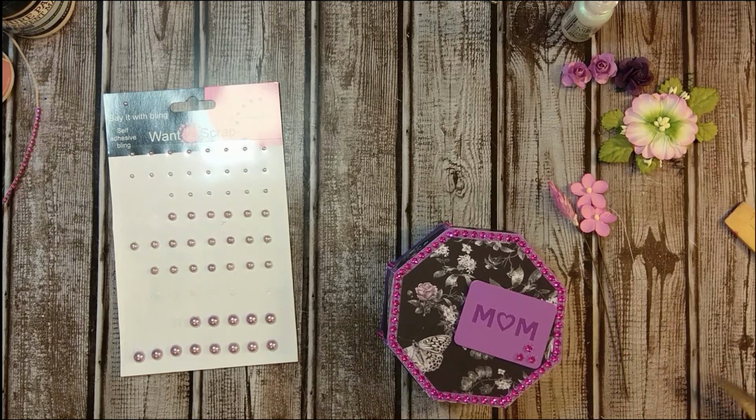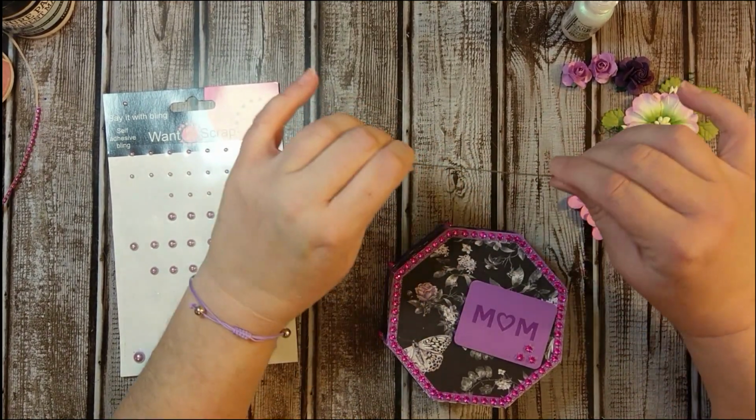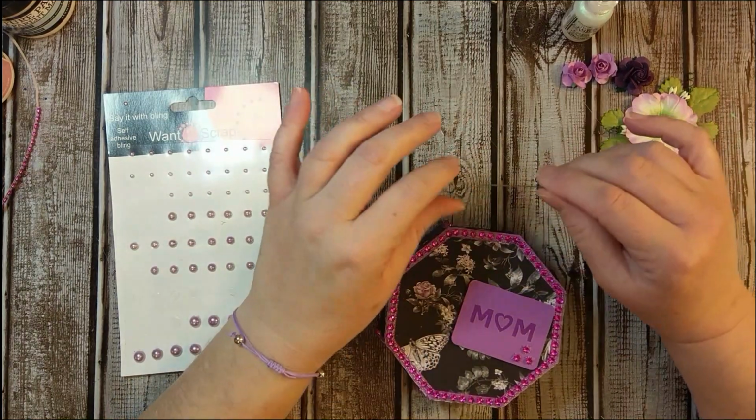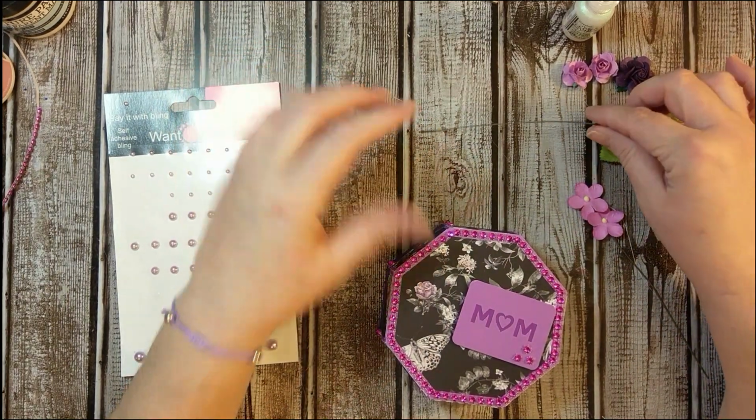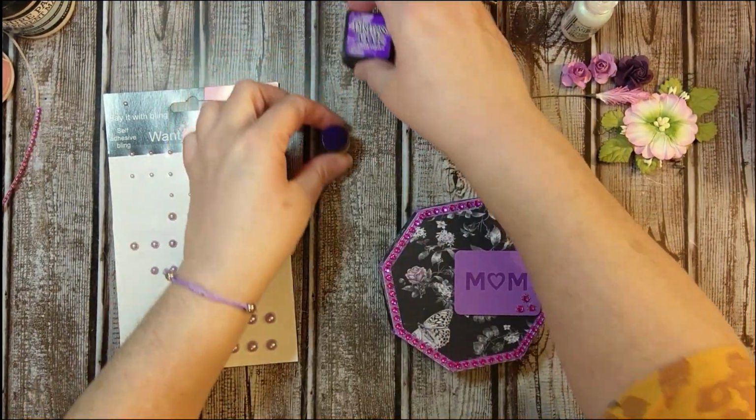Show you a little trick. I know a lot of people cut off the stems on their flowers, but I have learned from Crystal at ASC Designs that you don't have to do that. So first I'm going to take my lid, and I'm going to take Distressed Ink